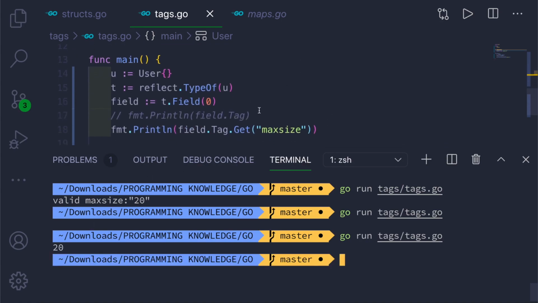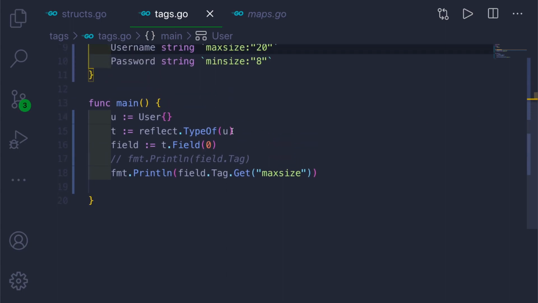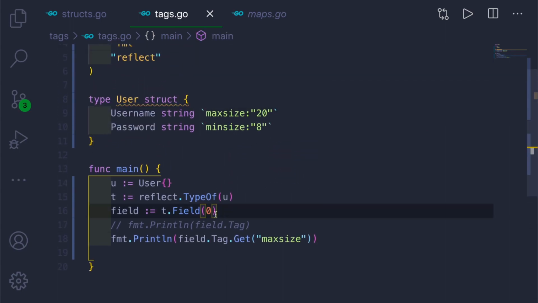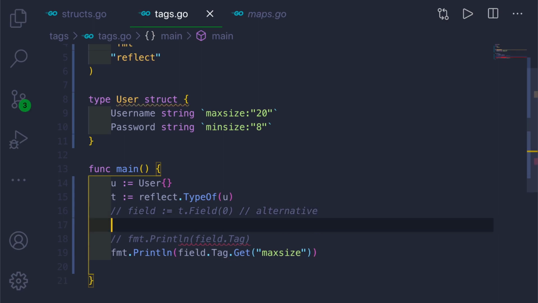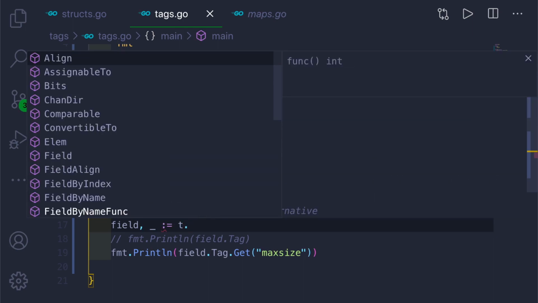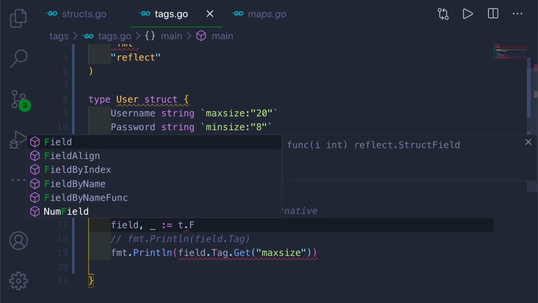One more way, if you don't want to include the index here, is an alternative. We can create a field variable here, comma underscore, that means this is a write up operator and we don't need it, colon equal to t dot FieldByName.